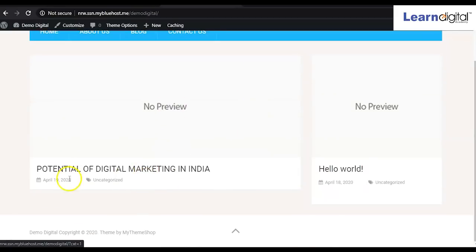So you remember we created a post like potential of digital marketing in India. Here we are not able to see any images. So for showing that image, we can go to the post option and insert an image over here, right? So that we will do here.